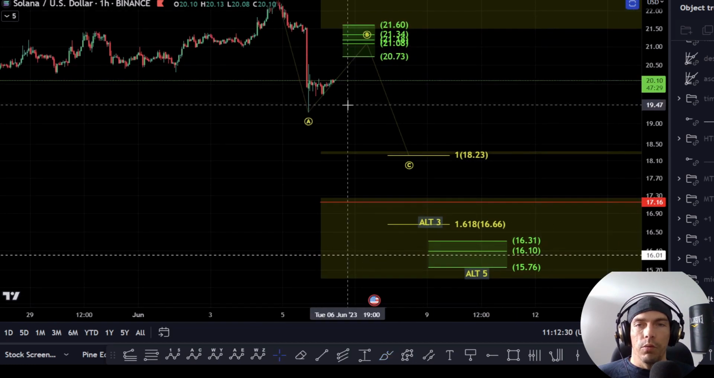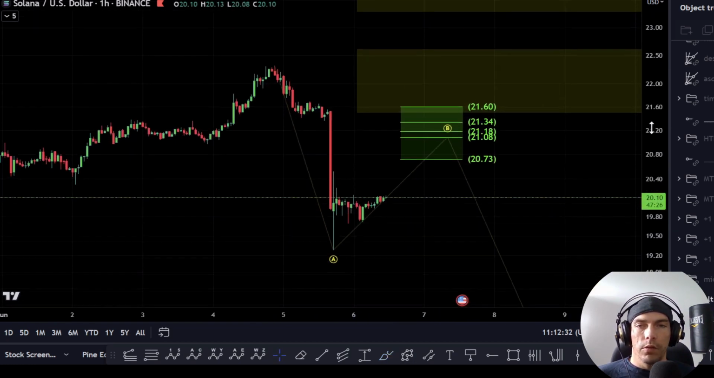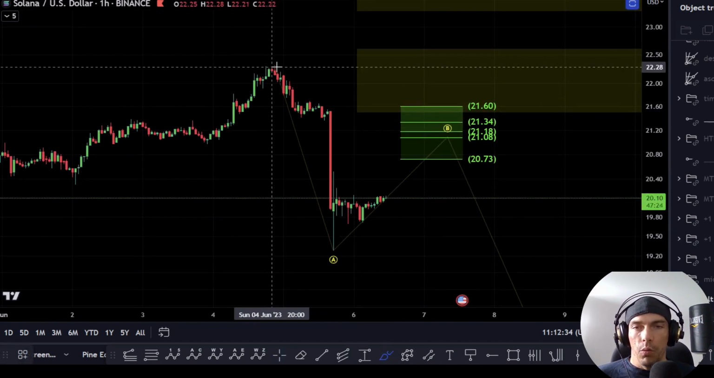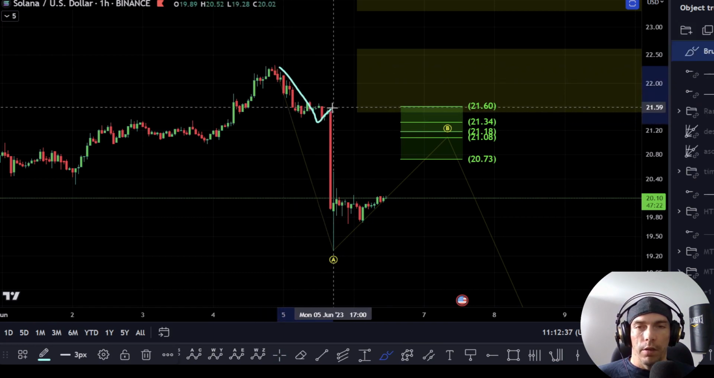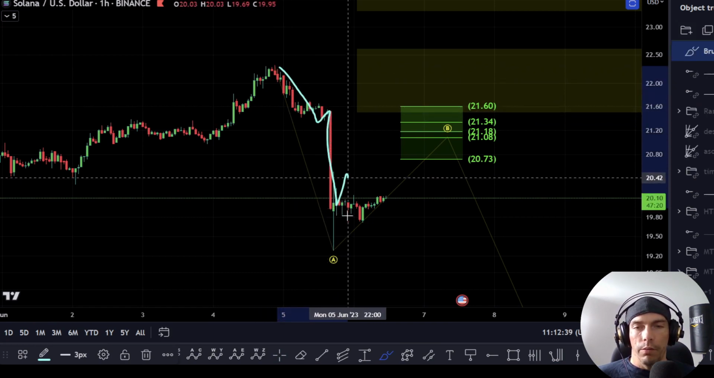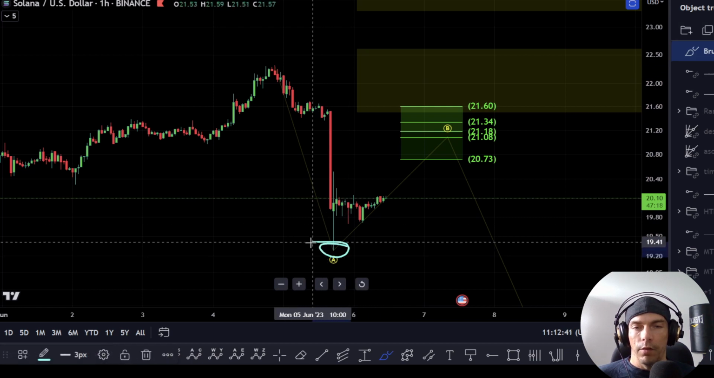Now, there is another way we can also look at this potential breakdown here, where we argue that this move is completed. Now, the difference within this is that we'd actually count this whole move into this low here and say that this is 1, 2, 3, 4, and 5,